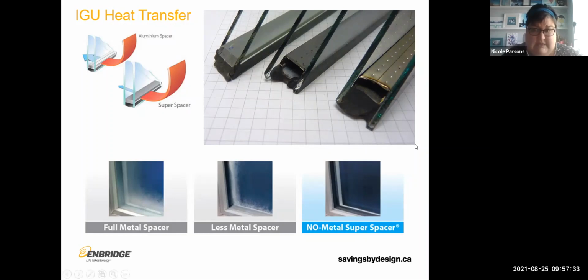So the one on the right is a full metal spacer. The one in the middle is that kind of U-shaped metal with that plastic top on it. And then the one on the left is the foam spacer. And then across the bottom, we have some images. So in terms of occupant comfort, another thing to consider is that temperature,